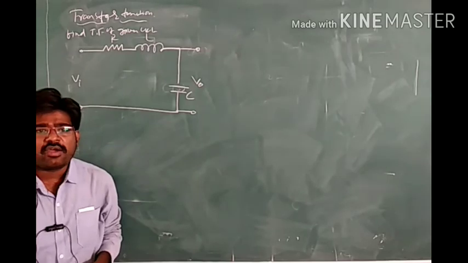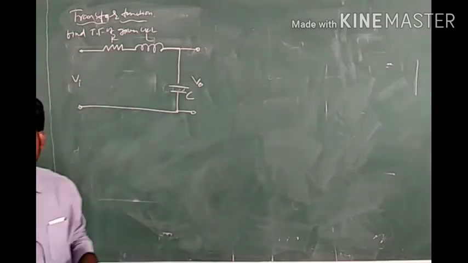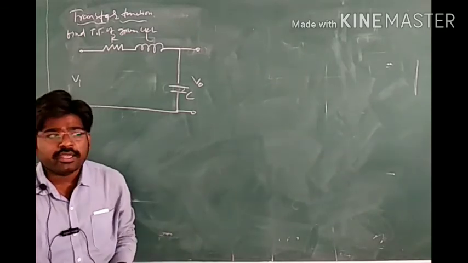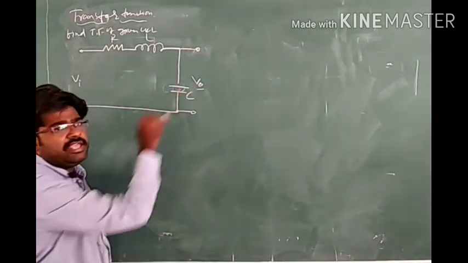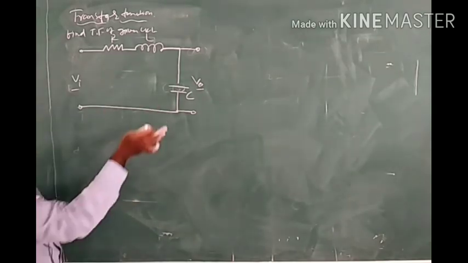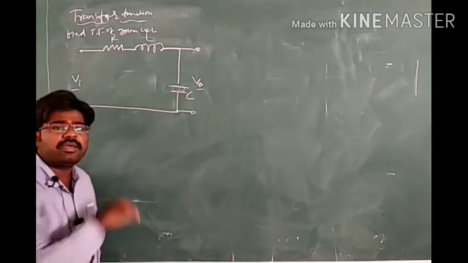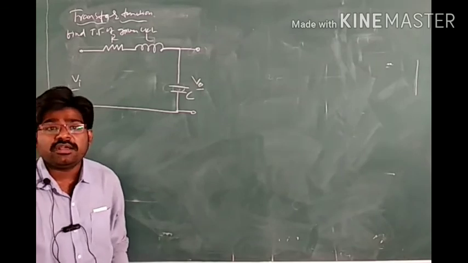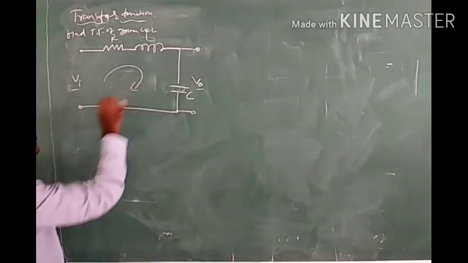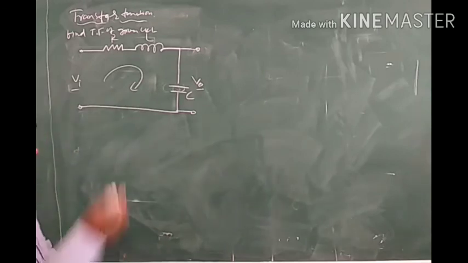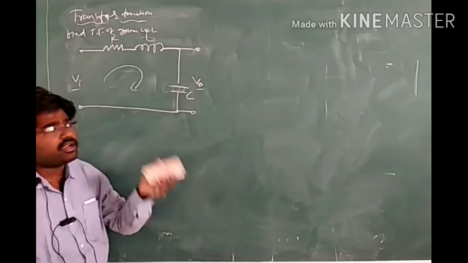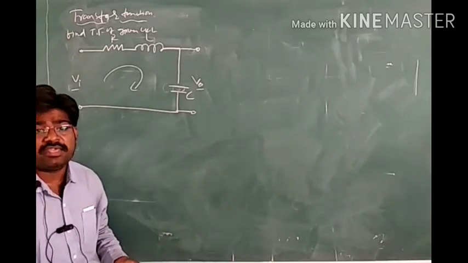In that case, what do we have to do? They ask you to find the transfer function, and we already know what the transfer function is: the ratio of output to the input. Here output is V0, input is Vi. If we take the ratio of these two, if we write the equations in terms of V0 by Vi, then we'll get the transfer function easily. So for that, we have to apply KVL to this circuit, then write down the equations. After that, write those equations in terms of V0 by Vi.